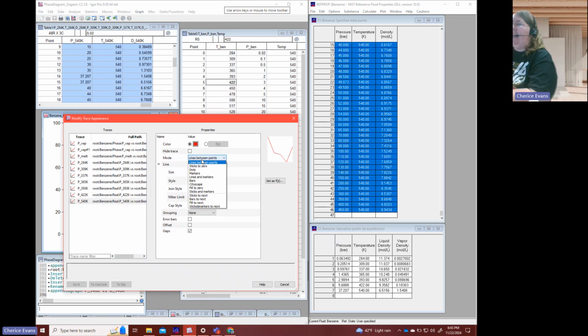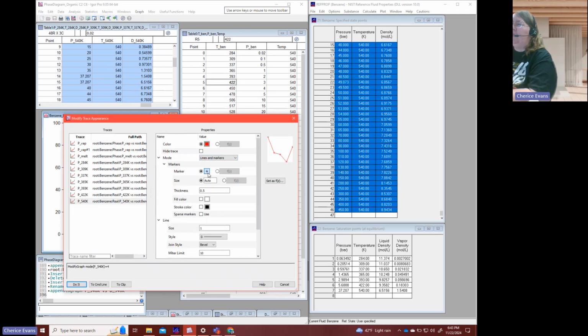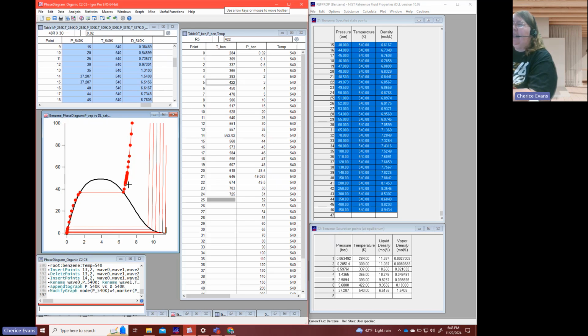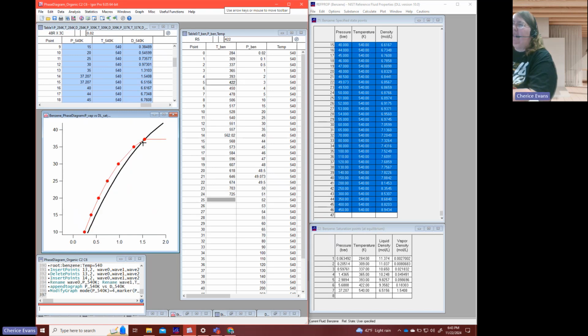And the reason for that is if I look at lines and markers instead of just a line, you can see my area of where I have a lot of points is not quite in the right spot for this. So you can see it's a little bit rough here, and I might want a couple more